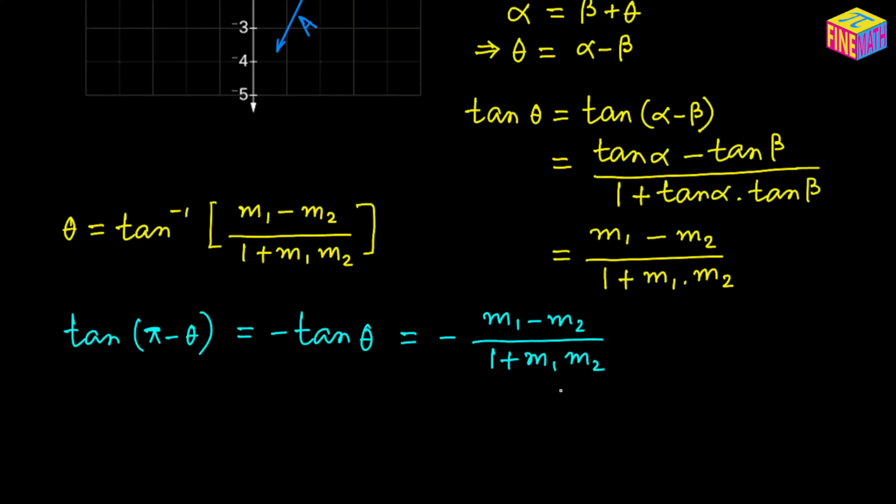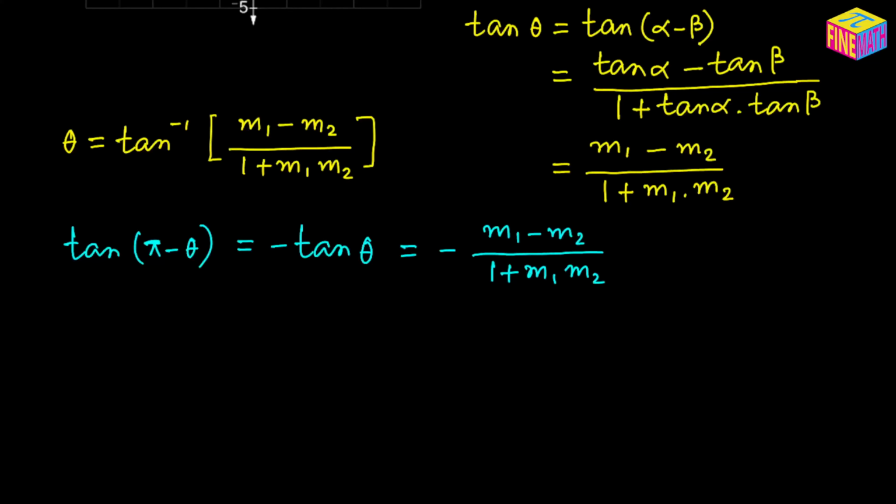So depending on what value we get, we have to be careful. If we do this calculation and see that we are getting a negative value, then obviously we have done the calculation for the obtuse angle. Now how do we get the acute angle? Well, for the acute angle, all we have to do is take the absolute value of this expression. So to guarantee that we are finding the acute angle between the two straight lines, we can say that